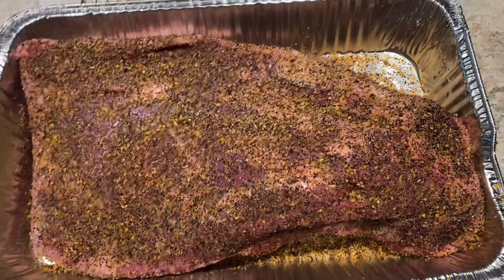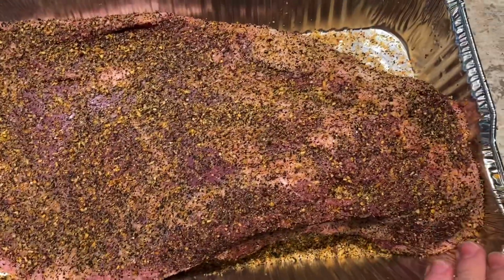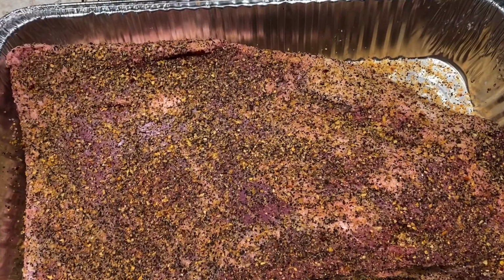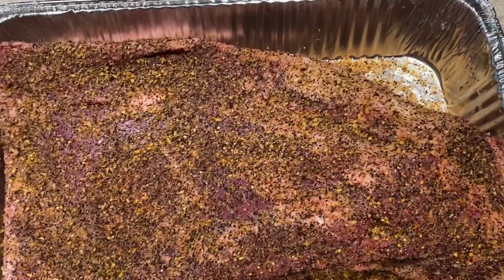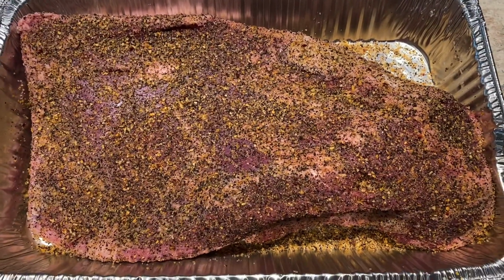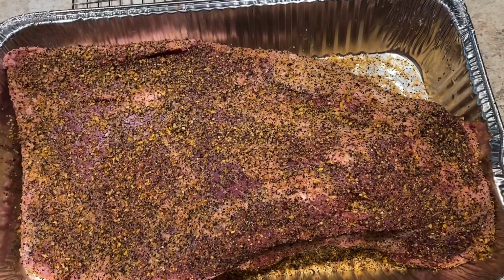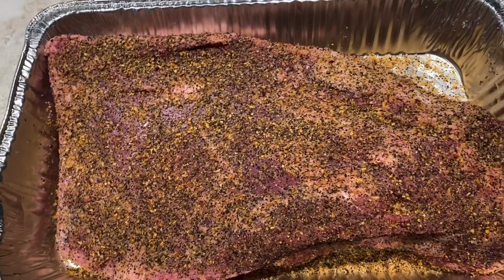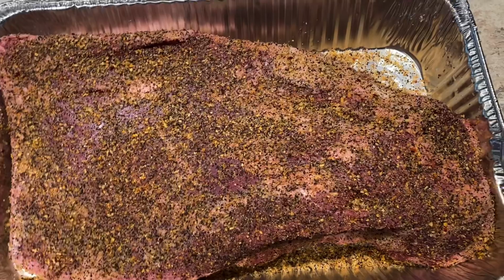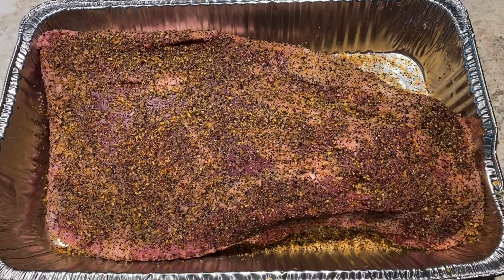When I do this for competition, I very much aggressively trim this. There's a big layer of fat between what they call the flat, which is the lean part of the brisket, and the point, which is the fattier part that usually turns into burnt ends. So I'll cut off a bunch of fat in the middle of there, which makes the hunk of meat a little more even. On the other side where the fat layer is, I usually trim some of that, but we're not gonna do that. I'm just smothering this bad boy in seasoning,